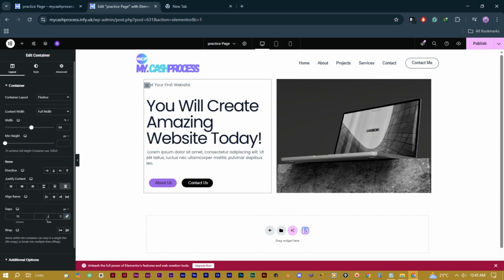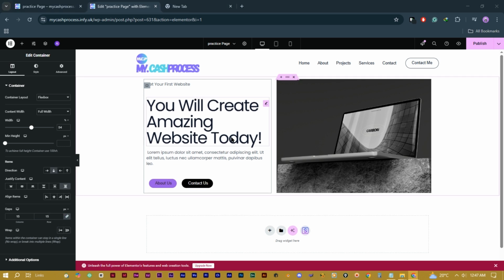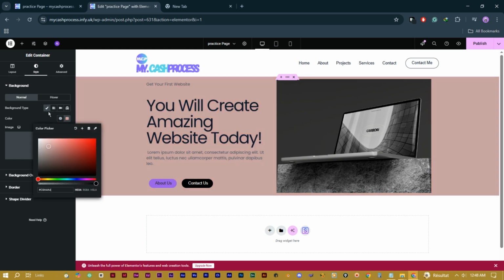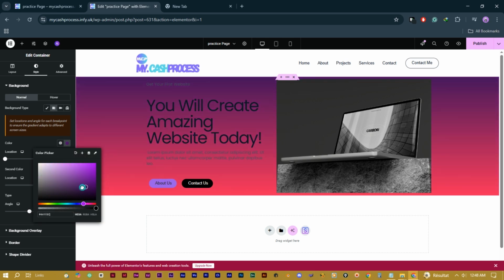As you can see, Flexbox is super useful in many ways. It takes some practice, but it's very responsive and simplifies layout work. Now, if you want to add a background color here, I'll click on these 6 dots, then Style, and just like with this box's background earlier, you can pick a solid color or add gradients. If you want a gradient, you add 2 colors,